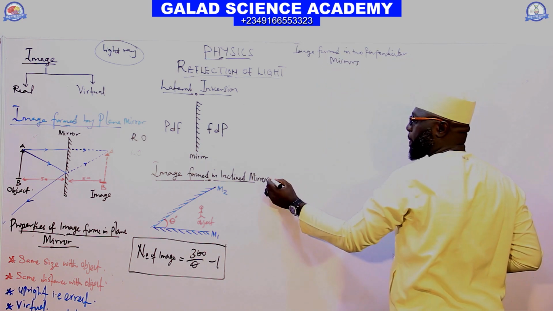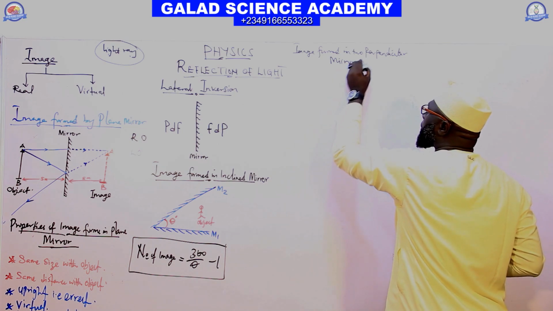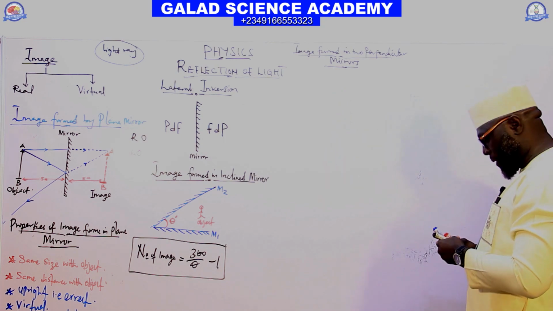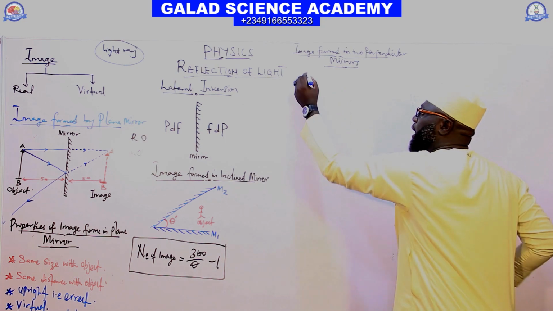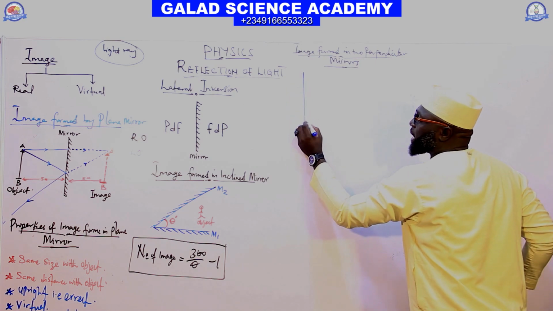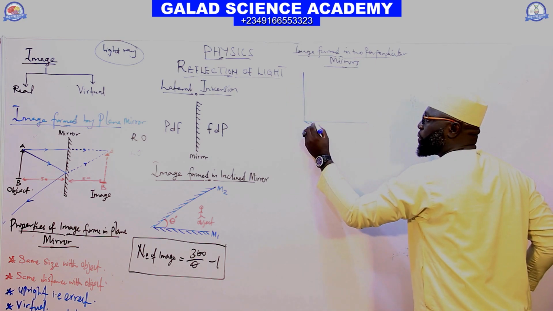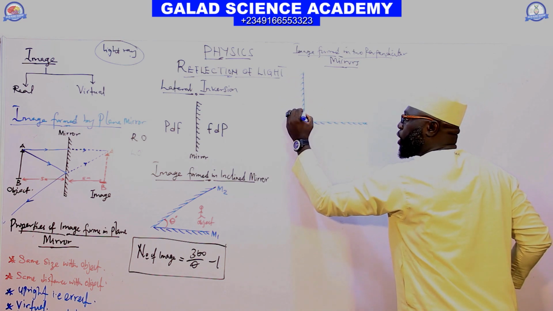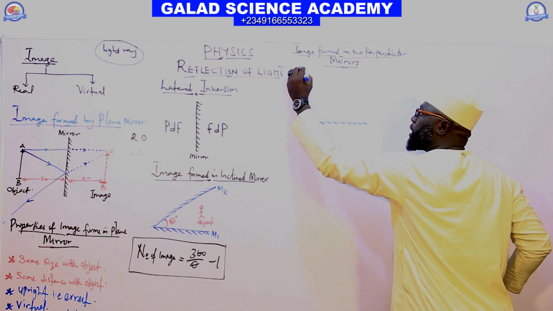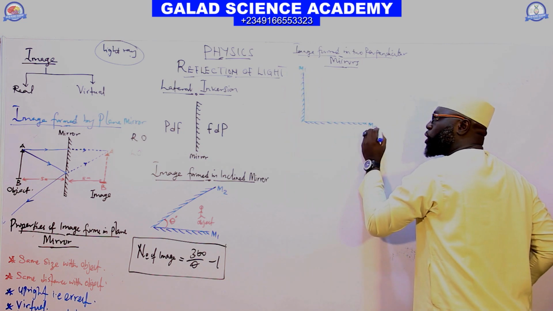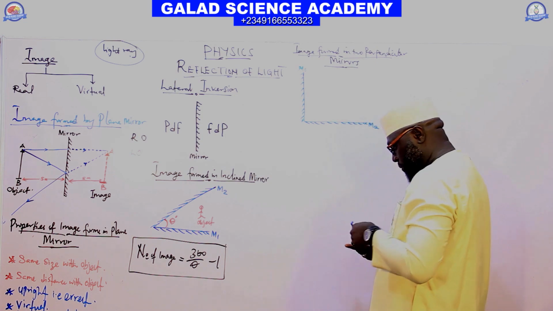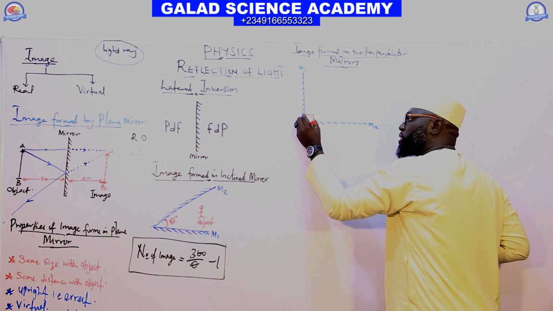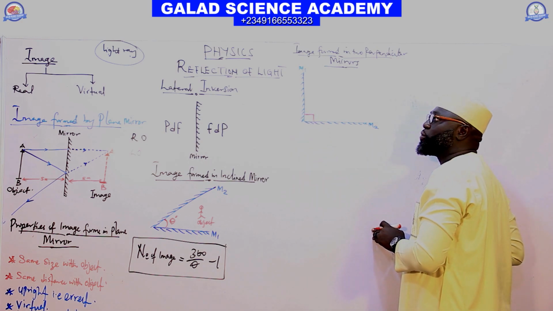Mirror. So if two mirrors are perpendicular with each other, it simply means the angle between the two mirrors is a right angle. Mirror 1, mirror 2. The angle between mirror 1 and mirror 2 here is 90 degrees. That's the meaning of